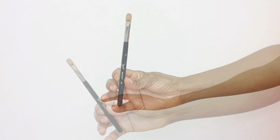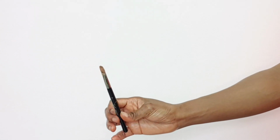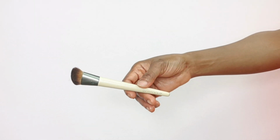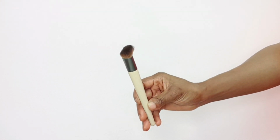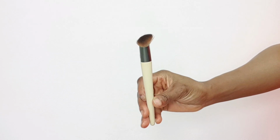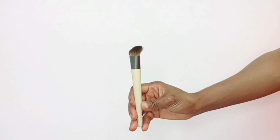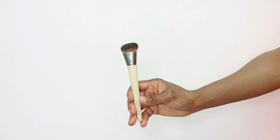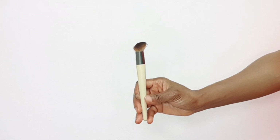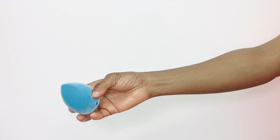And I'm going to show you how to get a slim tip whenever you want to cut your crease with this brush. And the Ecotone Precision Foundation brush, which I use for my concealer. This is very good for my concealer, especially under the eyes. It doesn't prick my skin, which is very nice. This is really soft. It's like you're using a beauty sponge to make sure that everything is smooth and looking